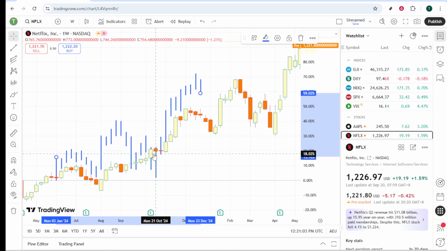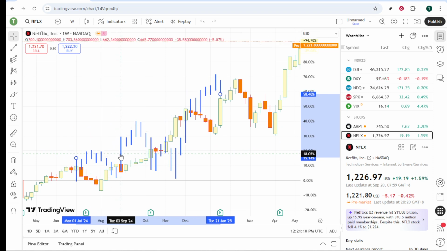Finally, don't overlook the customization features available to you. By right-clicking on the chart, you can adjust the appearance, including the colors of the bars, to suit your personal preferences. A well-tailored chart can make it easier to analyze and trade more effectively. And there you have it, a comprehensive look at using bar charts on TradingView. With these insights, you'll be better equipped to analyze